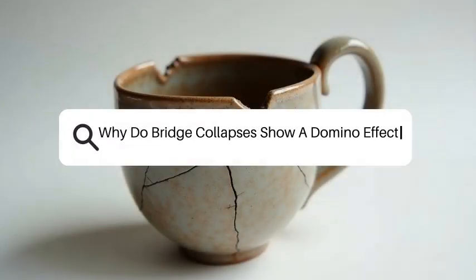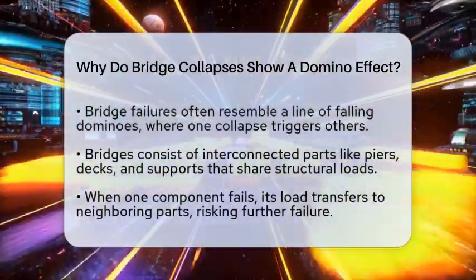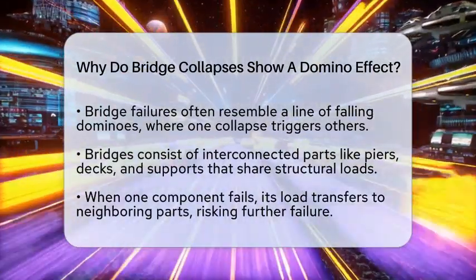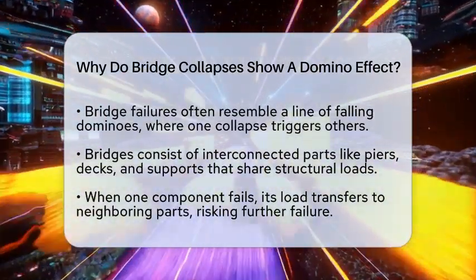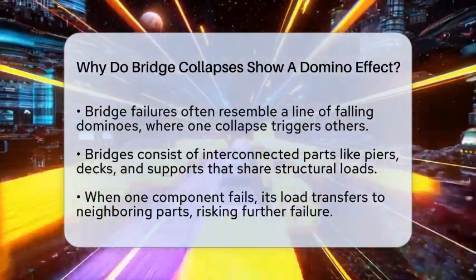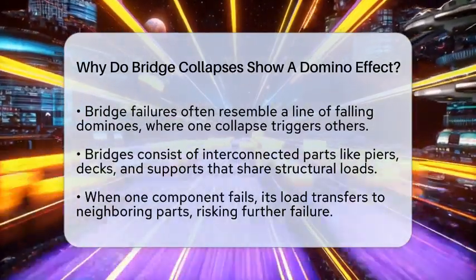Why do bridge collapses show a domino effect? Imagine standing in front of a row of dominoes and knocking over the first one. The rest fall one after another, each triggered by the one before. That's very similar to what happens during a bridge collapse. When one part of a bridge fails, it often causes a chain reaction that leads to the entire structure falling